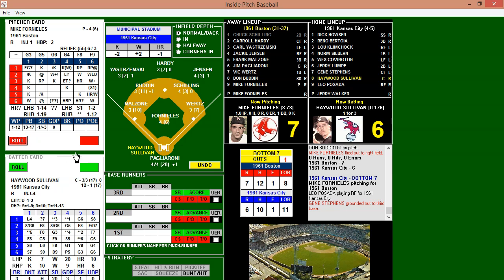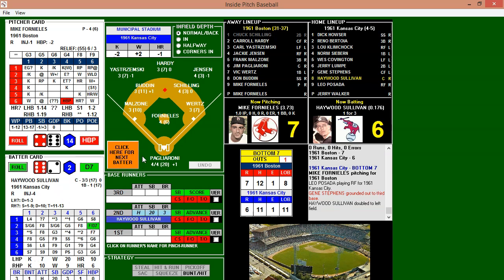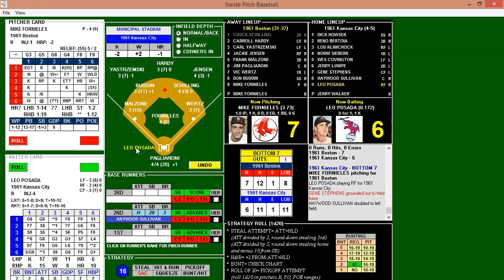All right, so let's see what's going on now. So, boom. It's all about entertainment value. 6-2. All right, so that's going to be a double. So tying run is in scoring position now. And again, we're not going to leave Posada in because he would not have been... yeah, I could have done that, actually. He did play right field, so we'll say that I left... He was in the field, so we'll say it was some kind of weird double switch with the pitcher. We'll just go with that. We'll leave him in and let him hit.